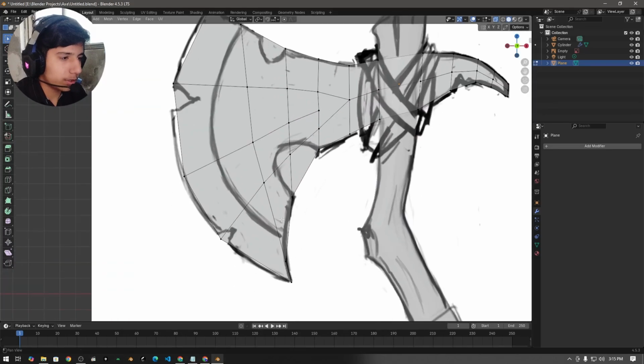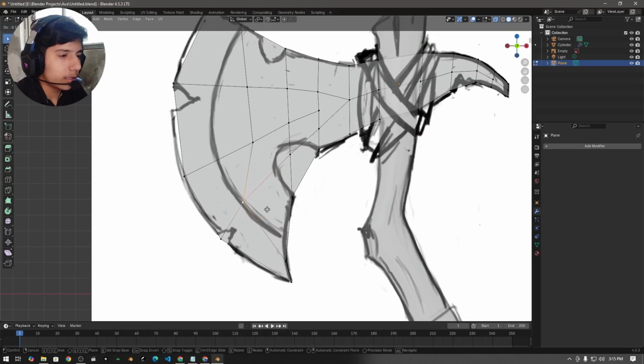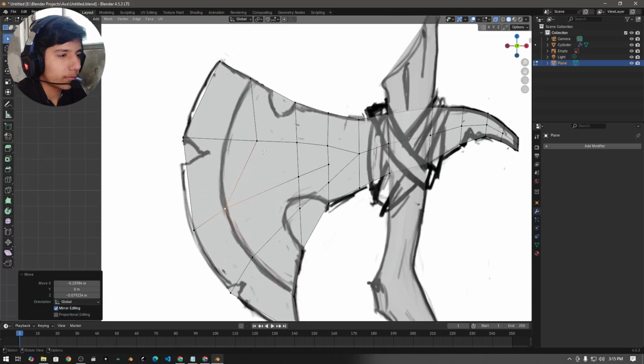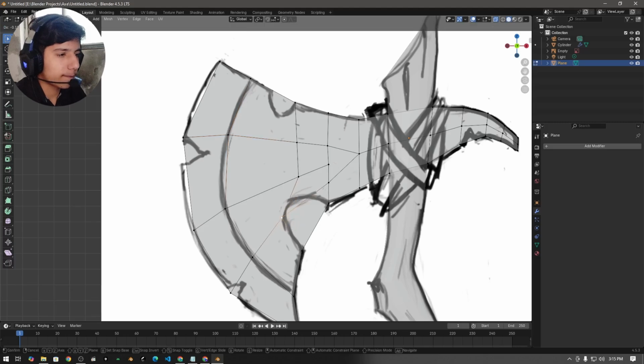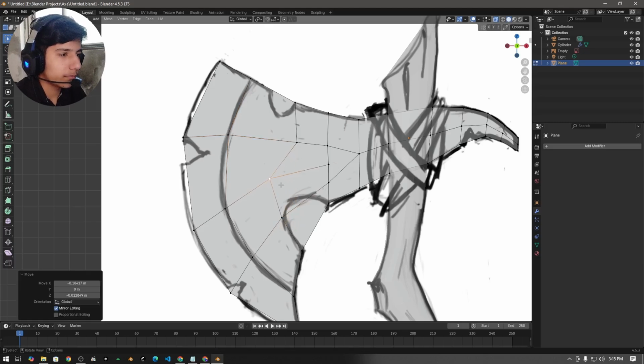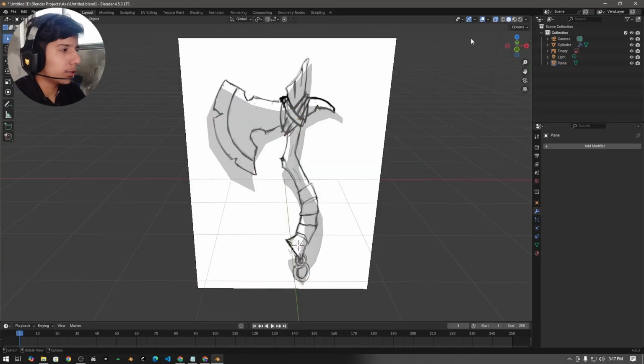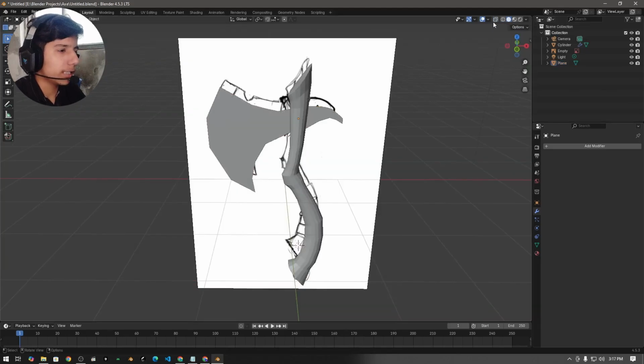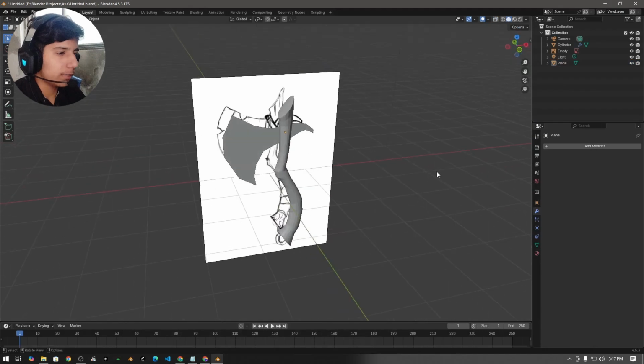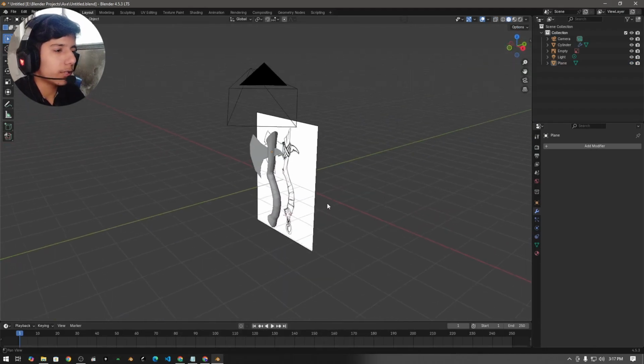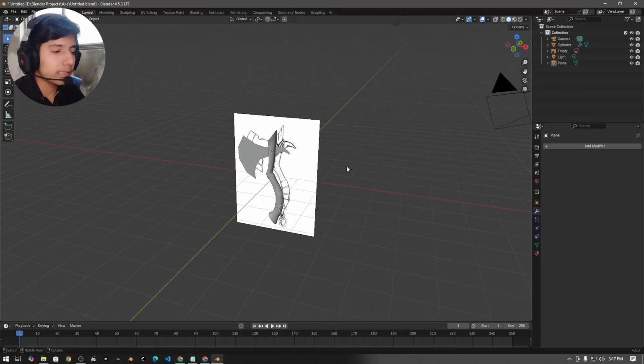And now let's just start placing them according to the plate. And now we can disable X-ray view mode to see our base mesh. And now we have got a basic shape of it here,